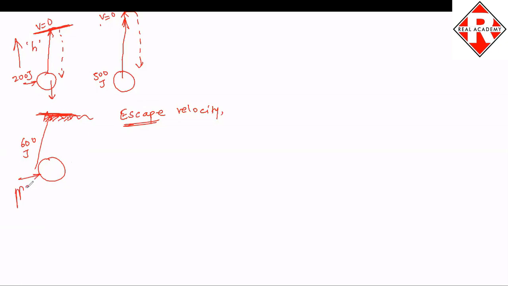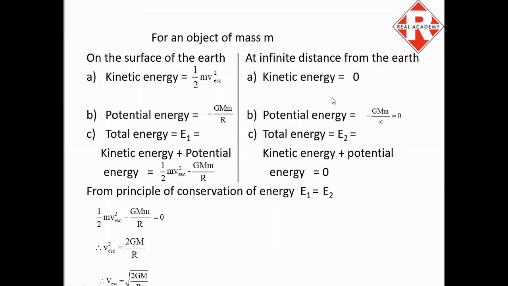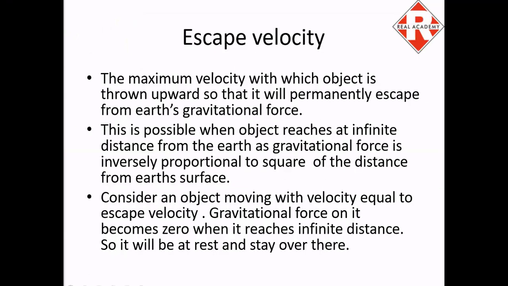कितना maximum velocity में लगाओ ये ball पे so that it is thrown upwards such that it permanently escapes the gravitational force of the earth, right? And that maximum velocity is called as escape velocity. Is this thing clear? And it is represented by v escape. V matlab velocity. Is this thing clear, guys? I hope you have understood what do we mean by escape velocity, right? So that is what they have given, that when it permanently escapes the earth's gravitational force.